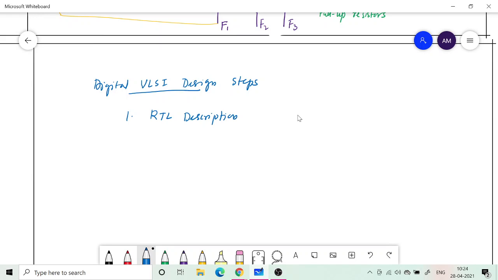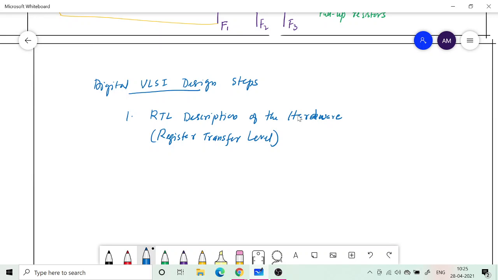Basically, where I will come to what is RTL. I have to teach you that it is basically register transfer level. Okay, this part I have not taught you in digital electronics, so I will spend some time on discussing what is RTL in the coming classes. So RTL description is where you use Verilog or VHDL or System C to program your architecture or specify your architecture. So RTL description of the hardware that you want to